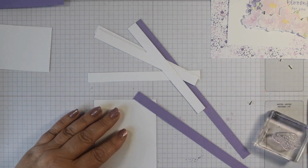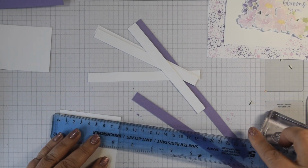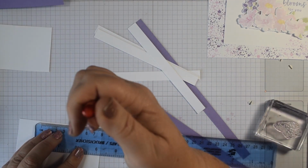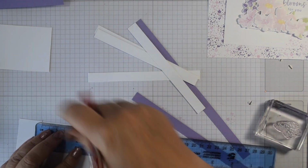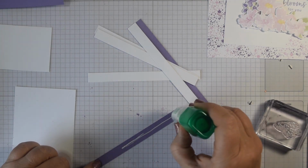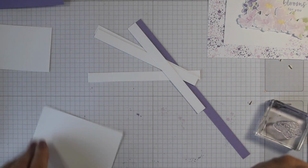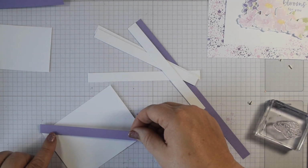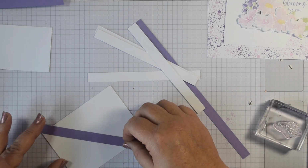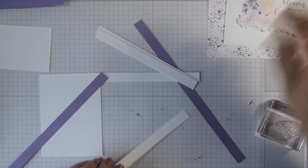And to get them so that they look reasonably aligned, I'm just going to mark 8 centimetres down on this long edge as well, and that's just going to create me a bit of a reference mark. When I glue my first strip, I'm just going to come diagonally from that top corner across. Now you can do your diagonals whichever way you want. So there's my first one, and then I'm just going to alternate